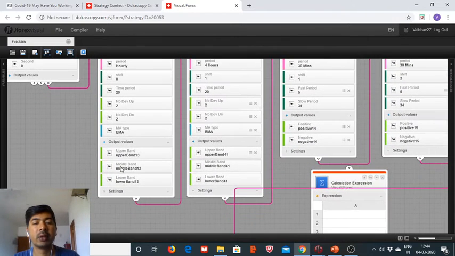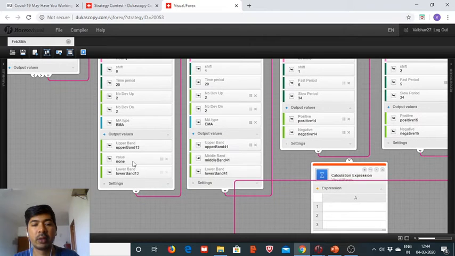So hourly is this one, so we are going to take this middle band of 17. Okay,